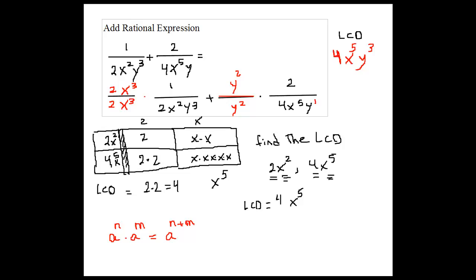Then the first fraction here, if I multiply these two together, let's write it down here. First fraction here would be 2x to the power of